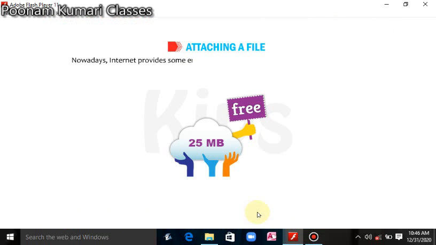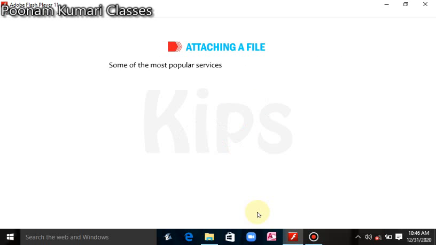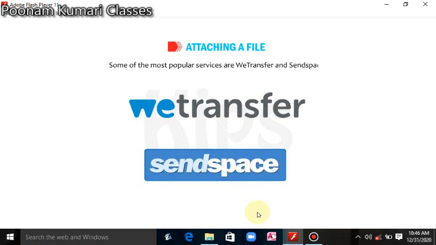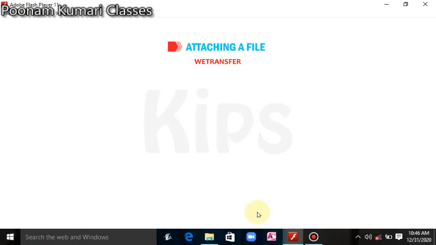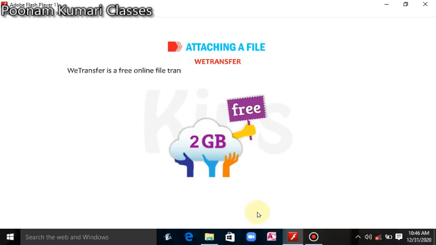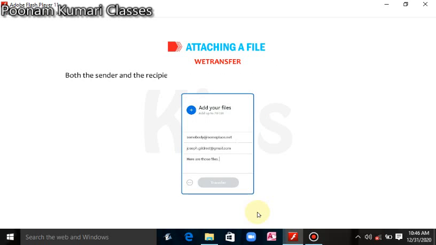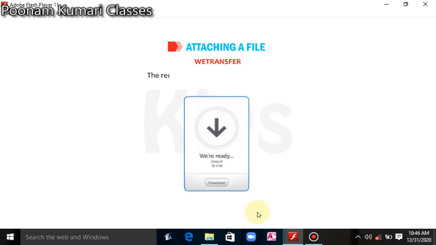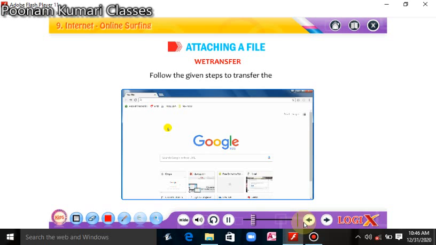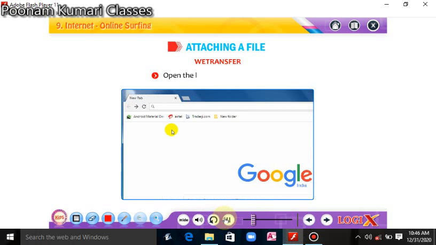Nowadays, the internet provides some emerging technologies that enable us to transfer files beyond 25 MB. Some of the most popular services are WeTransfer and SendSpace. WeTransfer is a free online file transfer service that enables you to send files up to 2 GB from one system to another. Both the sender and the recipients are required to have an email address to transfer the files. The recipients receive the file through mail. Follow the given steps to transfer the file. Open the link www.w